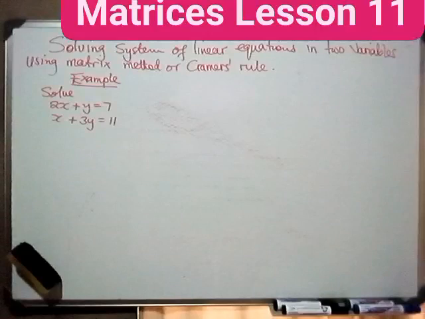We summarize our topic, which is under matrices, by looking at how to solve systems of linear equations in two variables. We are going to use both methods. The first method is the matrix method, and the other method we are going to look at is Cramer's rule. So under the matrix method, the method says